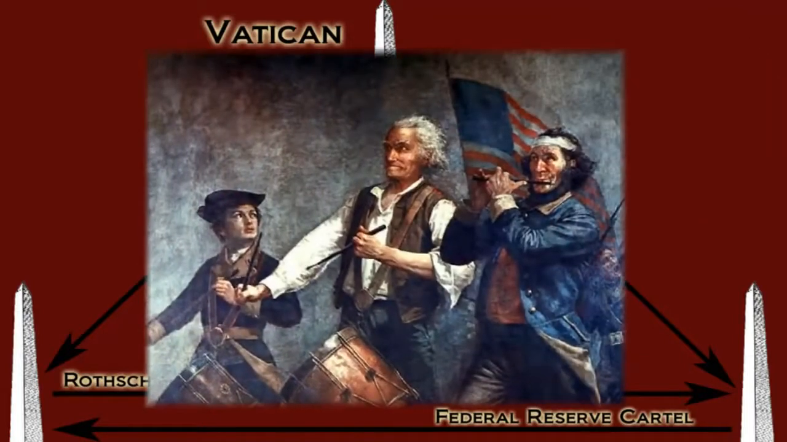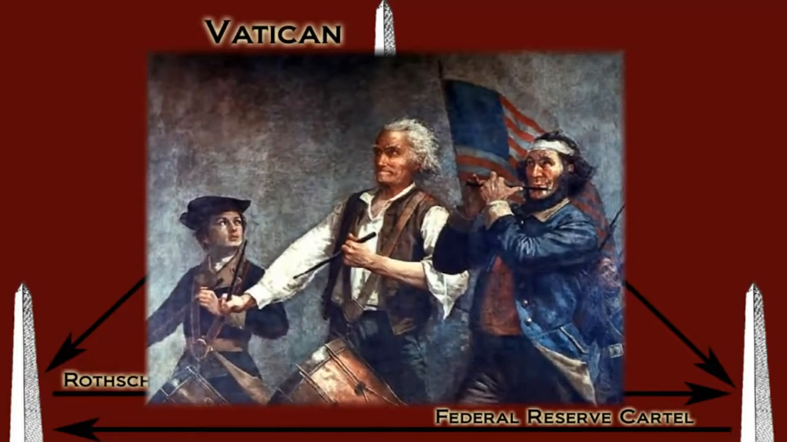The American Revolutionary War began in 1775 as the American colonies sought to detach